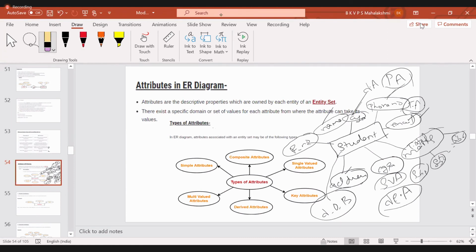Clear all of you? Any doubts? So we will now go into detail about each and every attribute. Before showing the representation and all, I have just given the explanation of each attribute. So now, if any attribute is of a different type, then what is the representation? Because we are talking about the diagrammatic representation of a database, right? So we have to know the representation of the type of the attributes also.